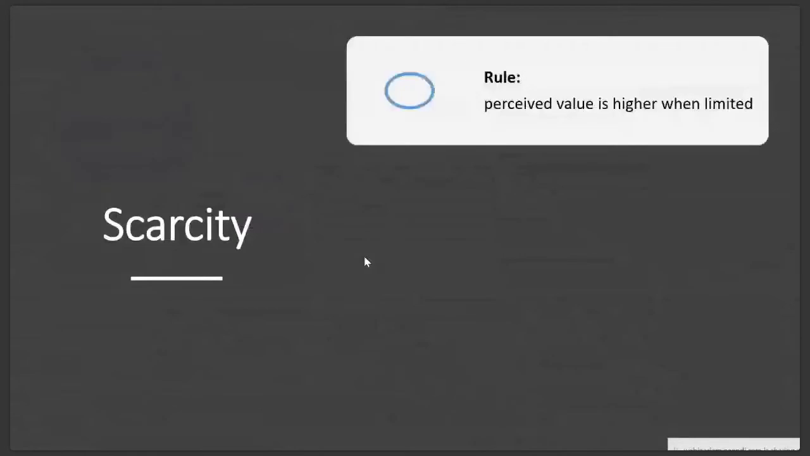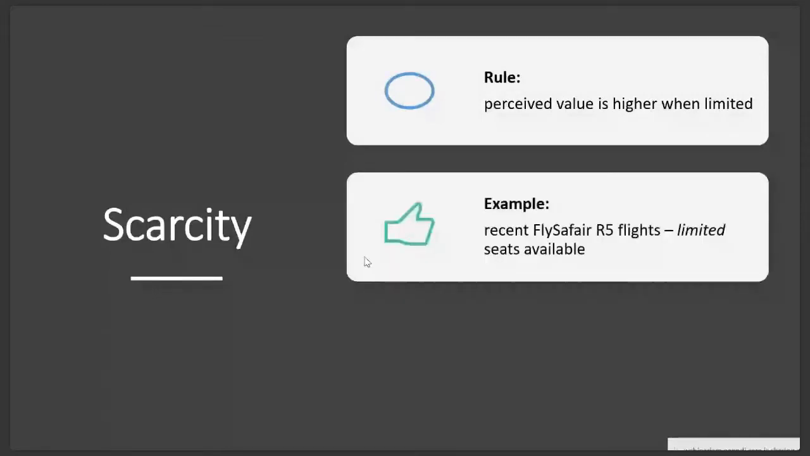The first persuasion technique is known as scarcity. So the rule is that the perceived value is higher when something is limited. So the perceived value of, let's say, a shoe, for example, goes up if there are a limited number of shoes available. An example that I can give you is that there was a recent FlySafe Air 5 Rand a flight